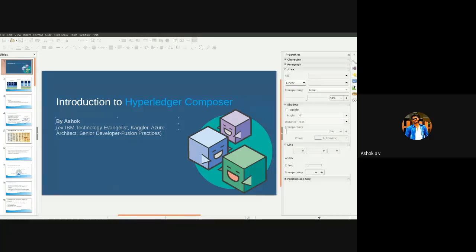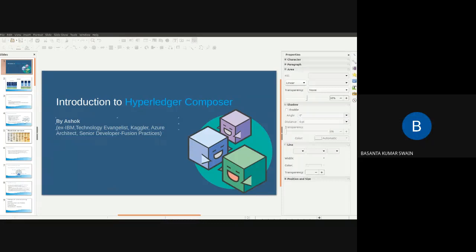I think you guys have already gone through the smart contracts part. So let me explain these assets, transactions, participants, and ledger. The assets are nothing but what the business deals with. Like in the case of a car vehicle manufacturer or a car auction, the asset is a